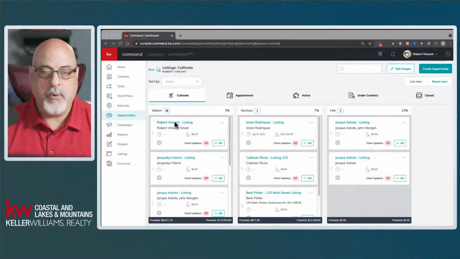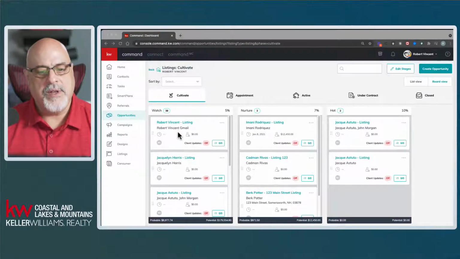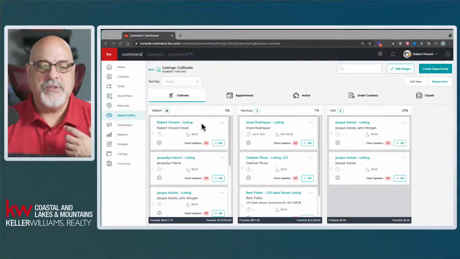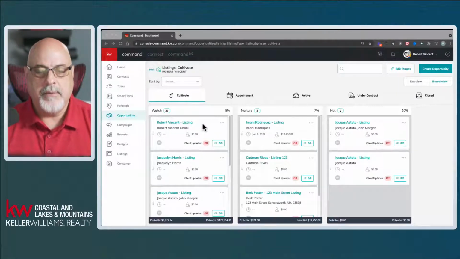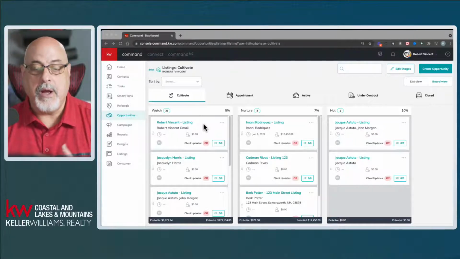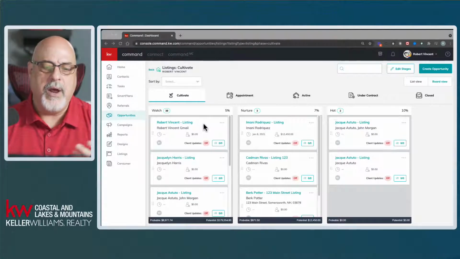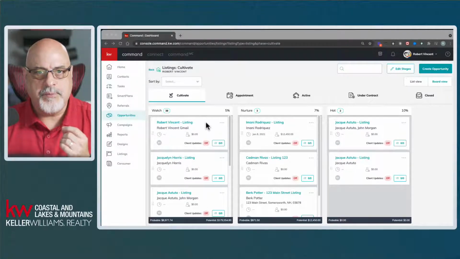You don't have any paperwork, you don't have any agreements yet, and you're thinking, well, I'll keep an eye on this, but I want it in my pipeline because it is going to potentially be income. It might potentially turn into a sale. In this case, because it's a listing, it's a sale, right? Well, I guess it's a sale either way, but it's potentially going to become an active contract. The next stage